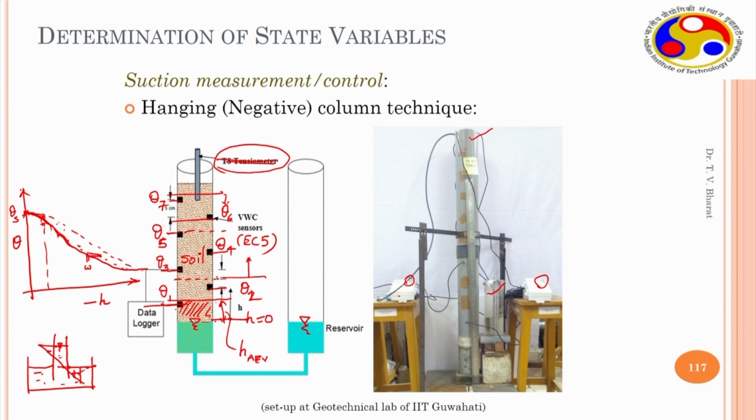So as the drying path lies above the wetting path, the hysteresis can be established using this particular technique. So the hysteresis loop can be established using a single technique, that is the hanging column technique, on the same soil sample without considering duplicate samples. However, you cannot have very lengthy columns like beyond 1 meter, 2 meters. It is not possible to conduct the tests and not possible to have so many water content measuring sensors at different depths. This particular test is limited to coarse sands and maybe fine sands. Generally, this is limited to coarse grained soils.